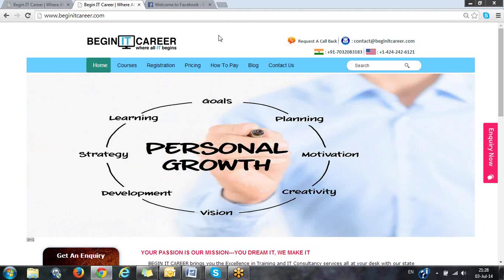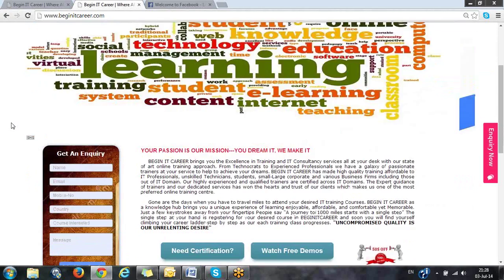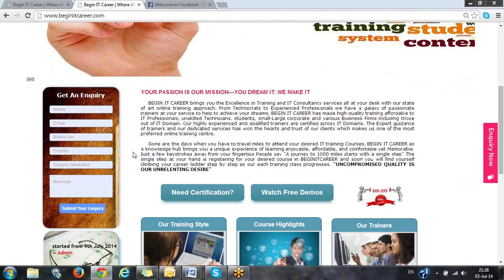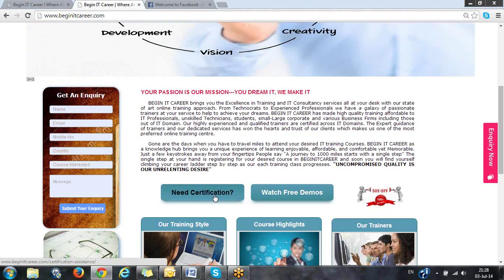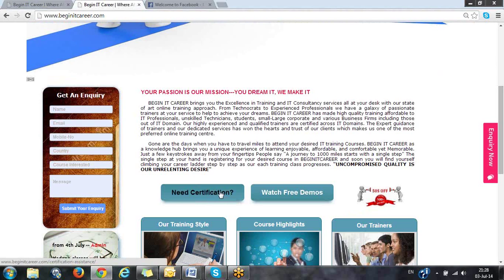What are those very important things? Those with more people usage. The moment people come in here, they have to submit an inquiry. I just want to check whether submitting an inquiry is working for a large number of people or not. I also want to check the certification option. Many people will be interested in knowing about certification, so I want to check whether the certification page is working properly or not.